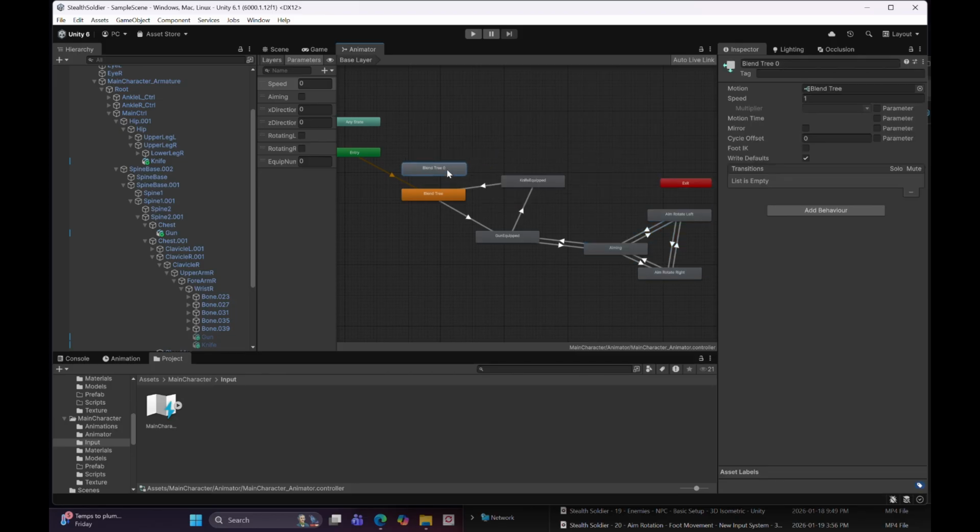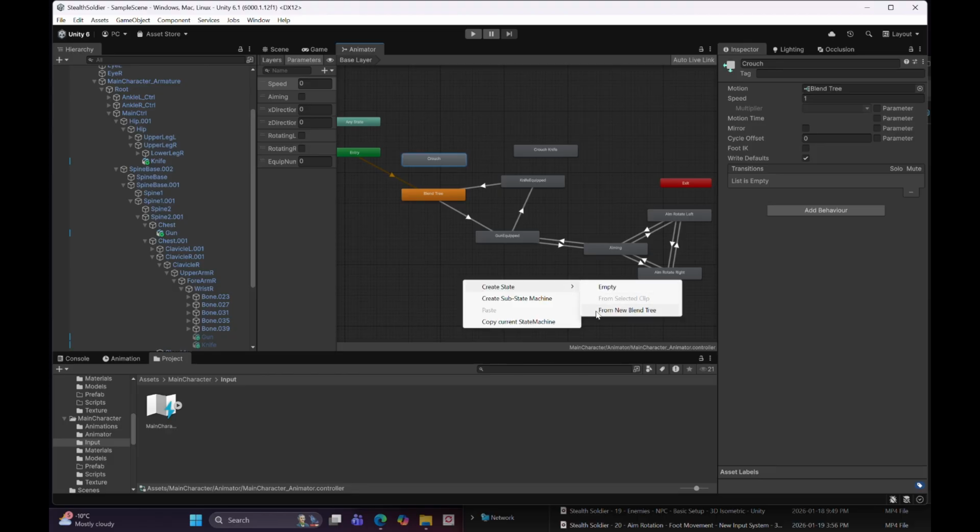So this one's going to be called crouch, create one called crouch knife, and crouch gun. So I'll start with the crouch, double click,